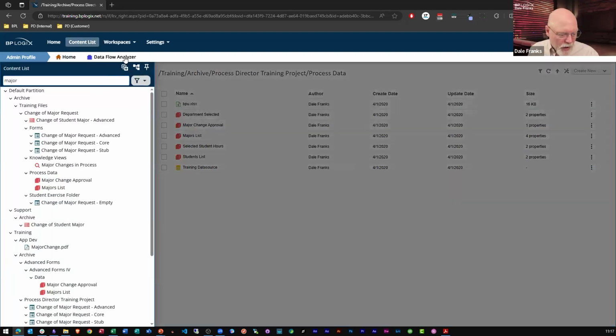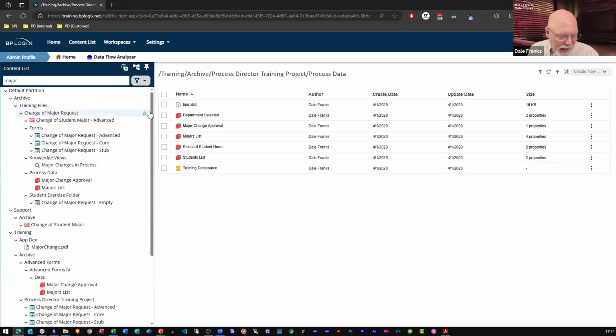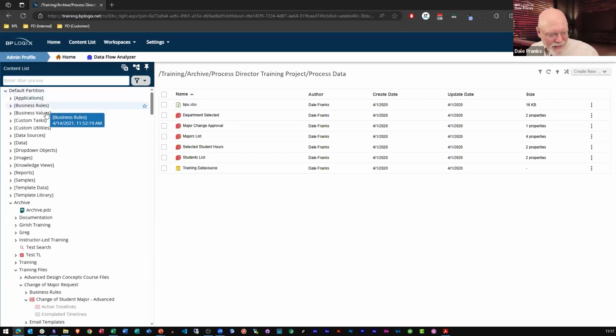So again, if we go back and look at our content list, I'm going to want that. Well, let's get rid of my, boy, in 6.1.200, I didn't realize how irritating this was, having to delete all of this text until I started working in 6.1.200, and we have the X button there that just automatically deletes the box. But we have our data sources folder right here. It's at the root level. This is where all of our data sources should be.